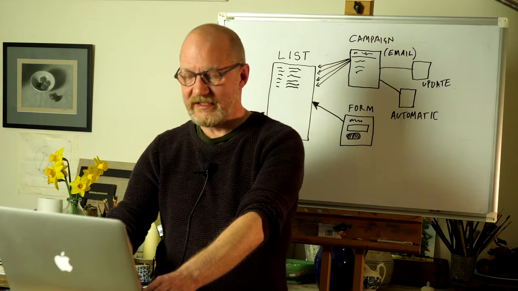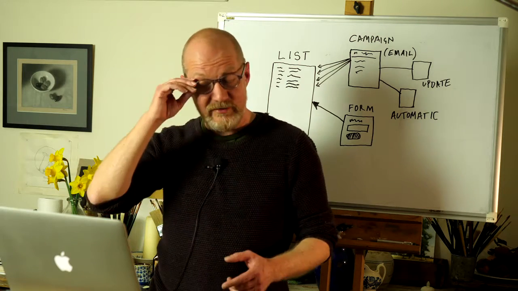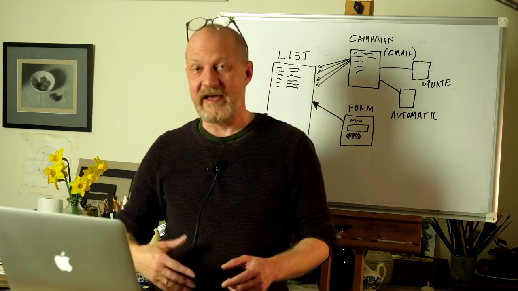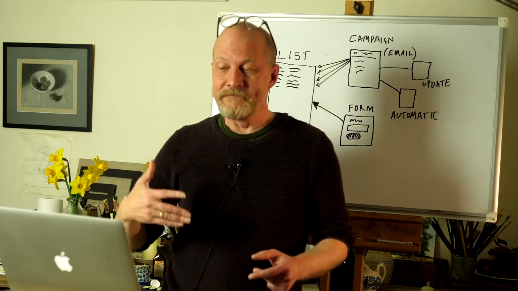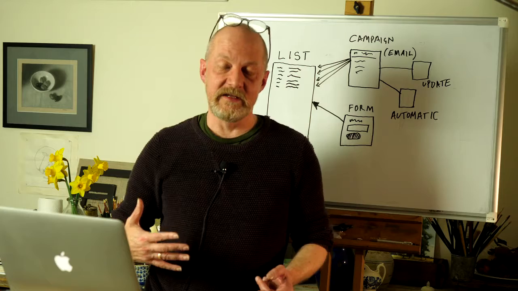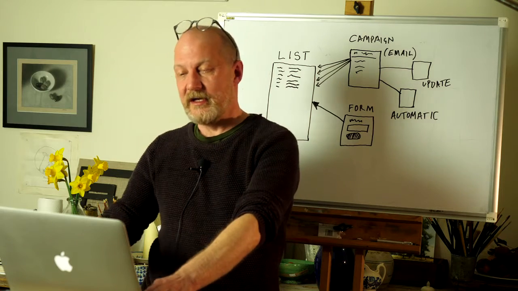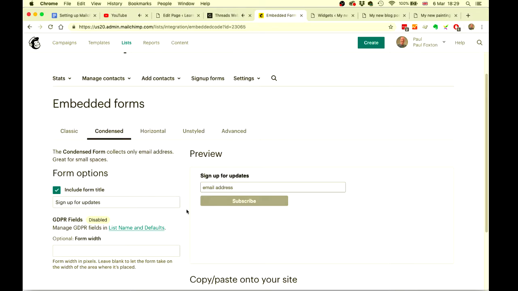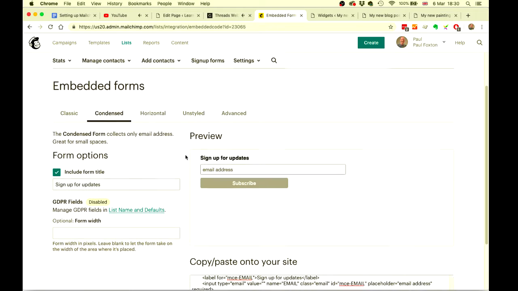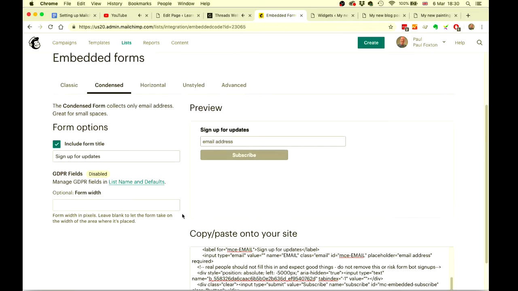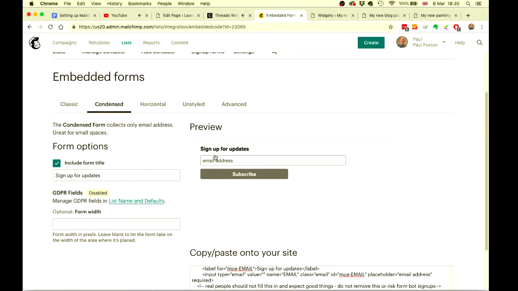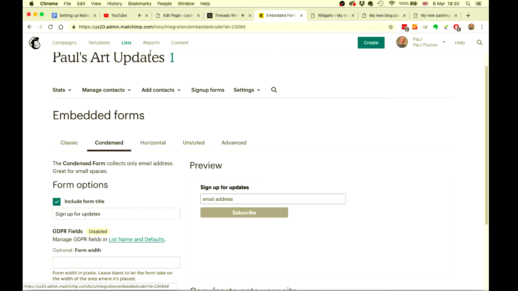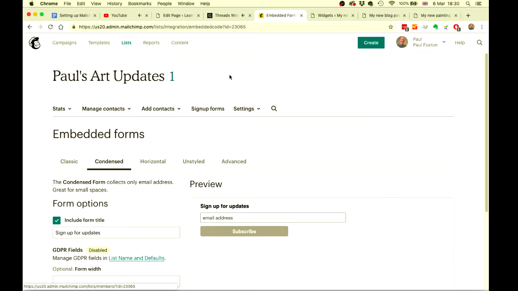Now this bit is really, you could thrash around in Mailchimp forever trying to find out how to do this. This is one of the reasons I find Mailchimp slightly difficult to use, but I'm going to show you how to do it now. You can't do it in here. You would think that there would be an option in here to make sure that this goes somewhere else when your list is done. It isn't. You have to go back to